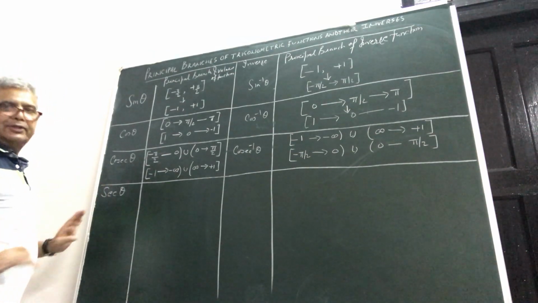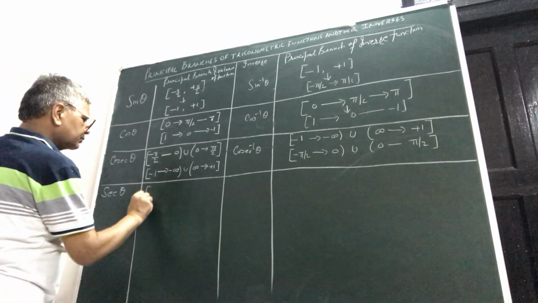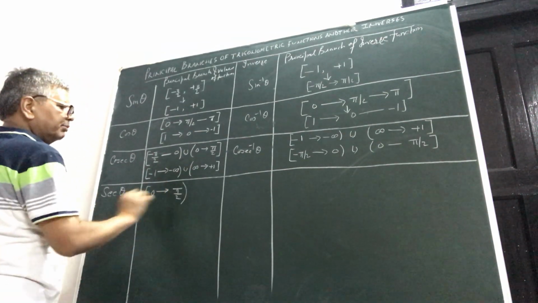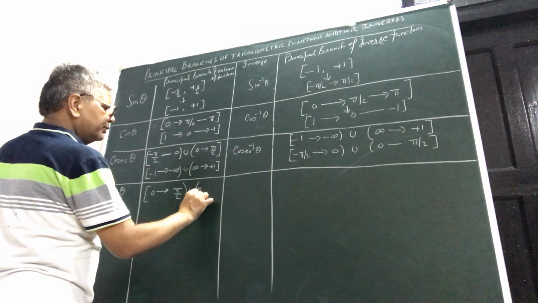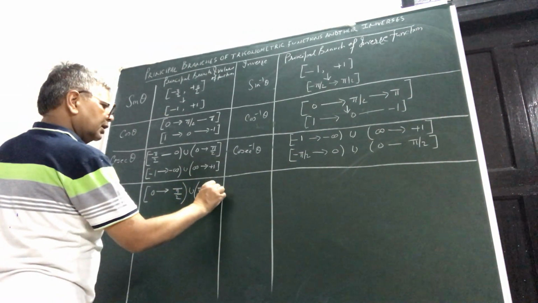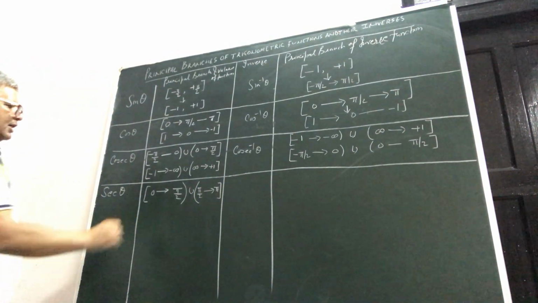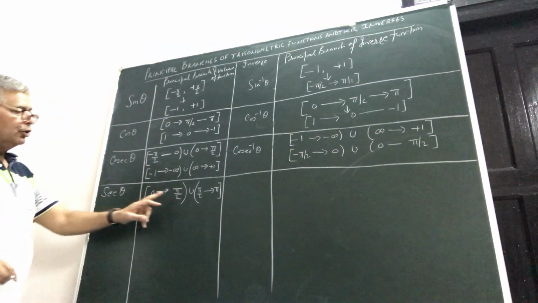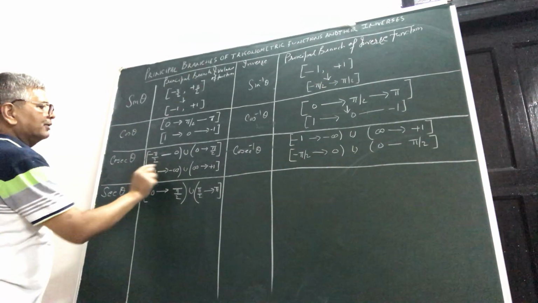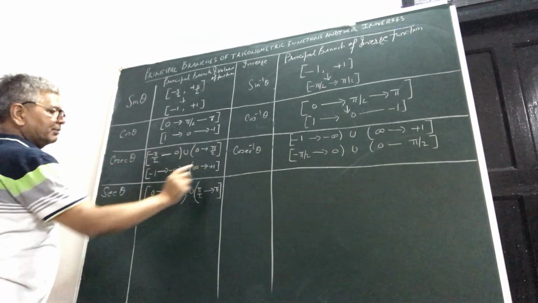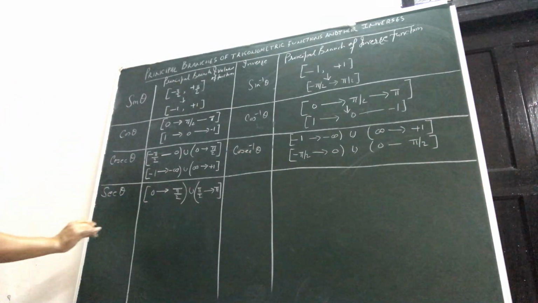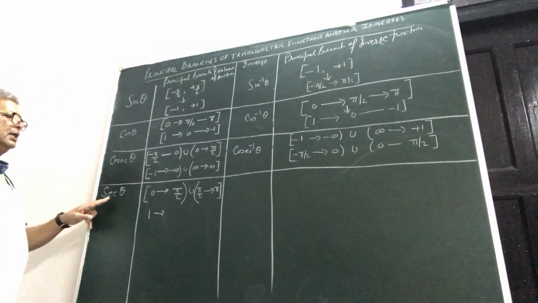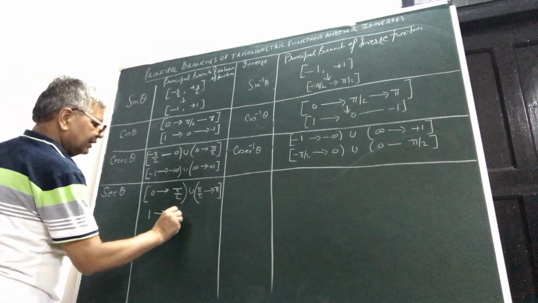See here, sec theta, you know, it is 0 to pi. So simply, you write 0 to pi by 2, okay? Pi by 2 will not be there, 0, and then pi by 2 to again pi. Pi is closed on this side. And what are the possible values? At 0, it will be 1. See, here interestingly, 0 to pi by 2, the values are positive. Yes, the values will be positive. At 0 it will be 1, and then from 1 the value will be going, cos pi by 2, infinity, isn't it?